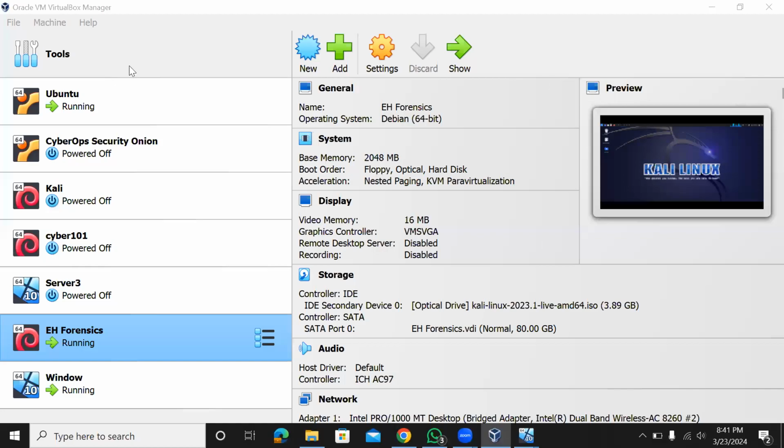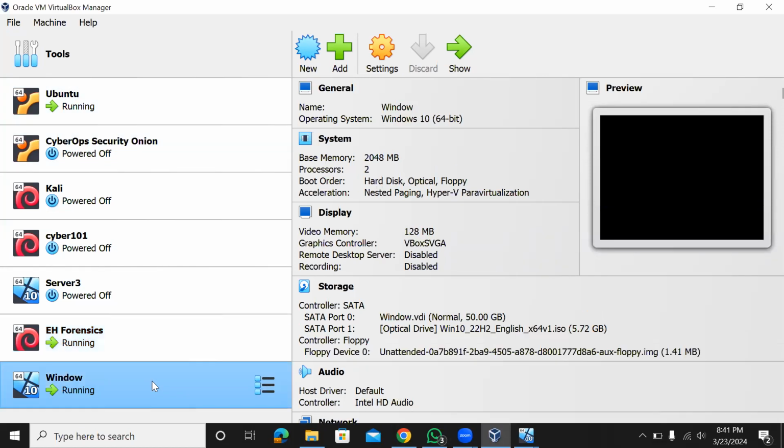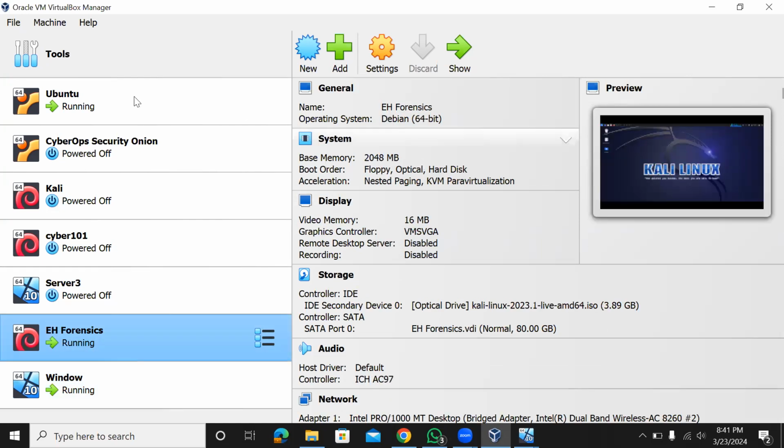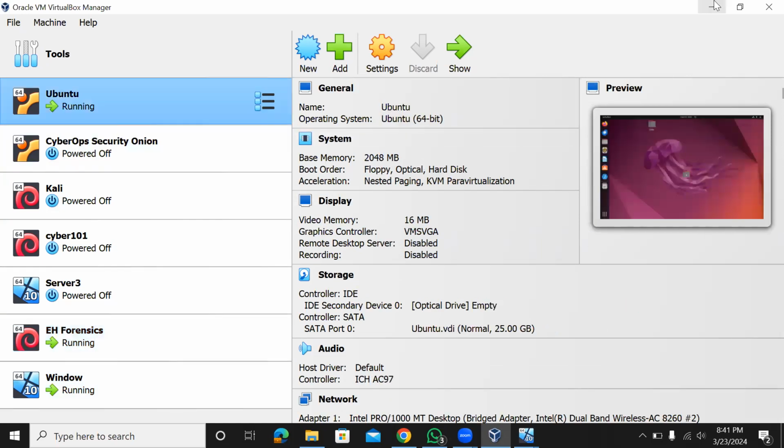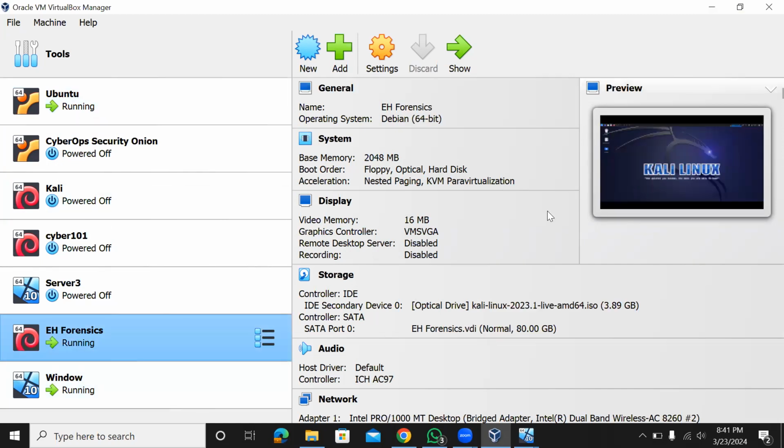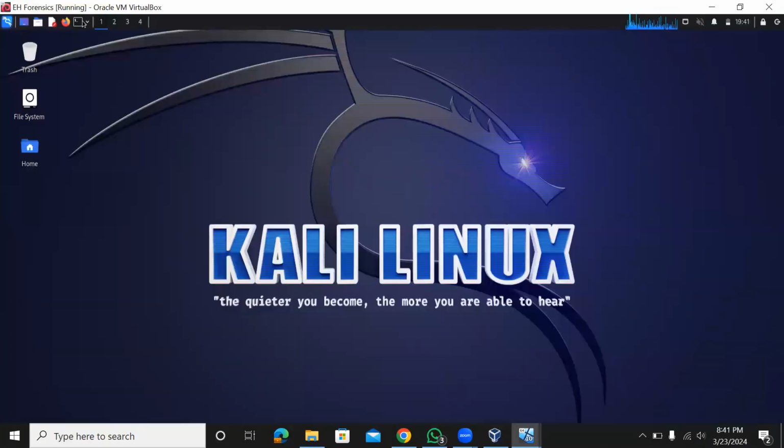So as you can see, we can see my virtual machine. I have about 3 machines powered on, right? You can see a Windows 10 machine here, powered up. You can also see my EH Forensics powered up, and then the Ubuntu also powered up. So I have 3 operating systems powered up. I'll be working on this guy, the EH Forensics. Let me assume this is my machine, this is my computer system that I'm sitting on using